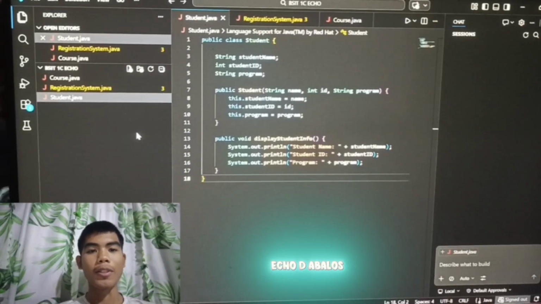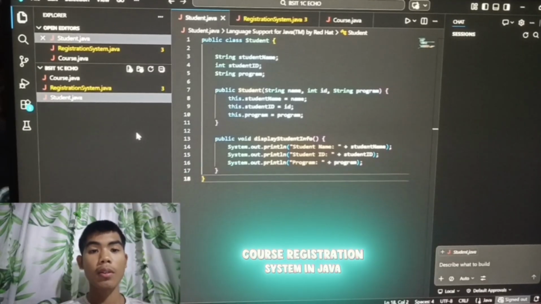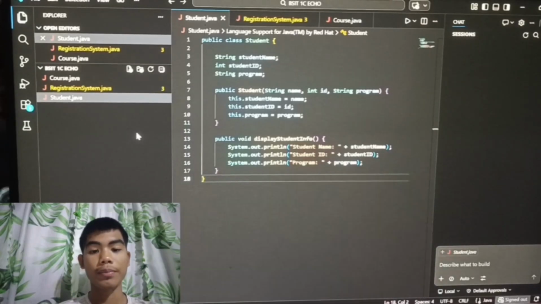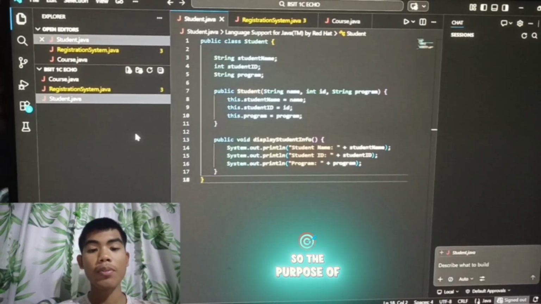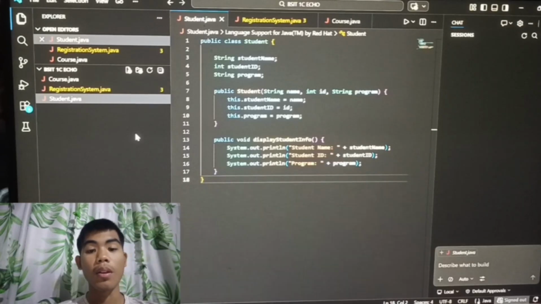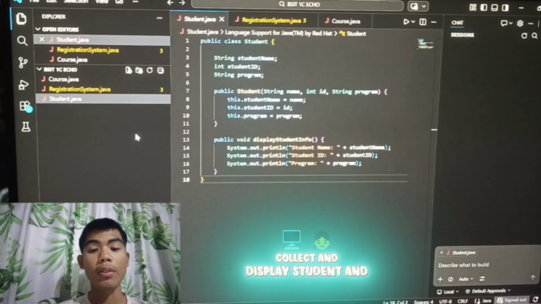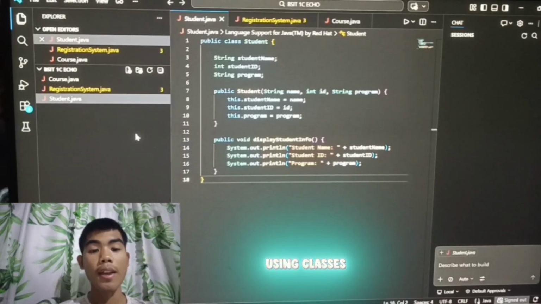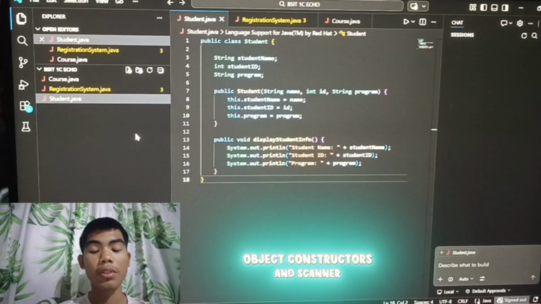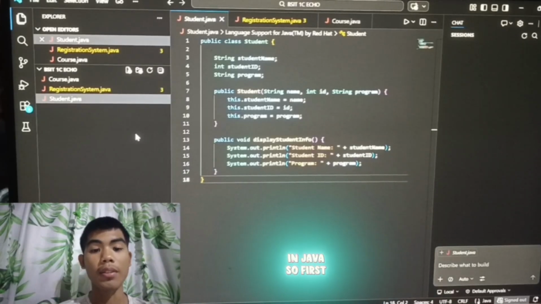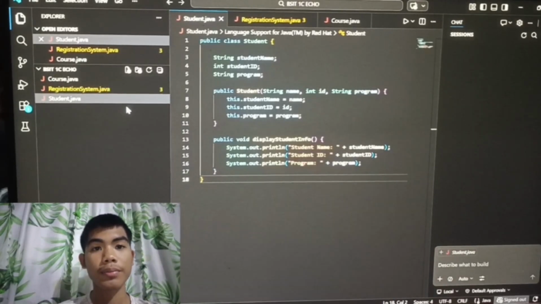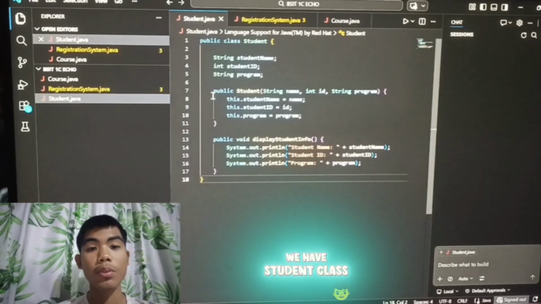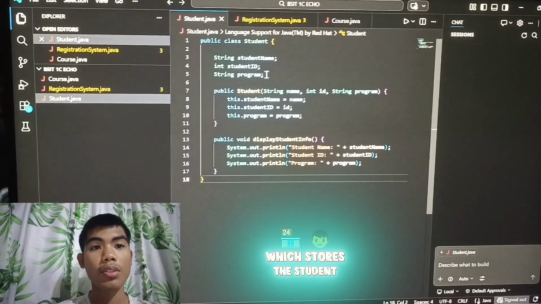I am Echo D. Abalos, and I will explain my program called Student Course Registration System in Java. The purpose of this program is to collect and display student and course information using classes, objects, constructors, and scanner in Java. So, first, we have the student class, which